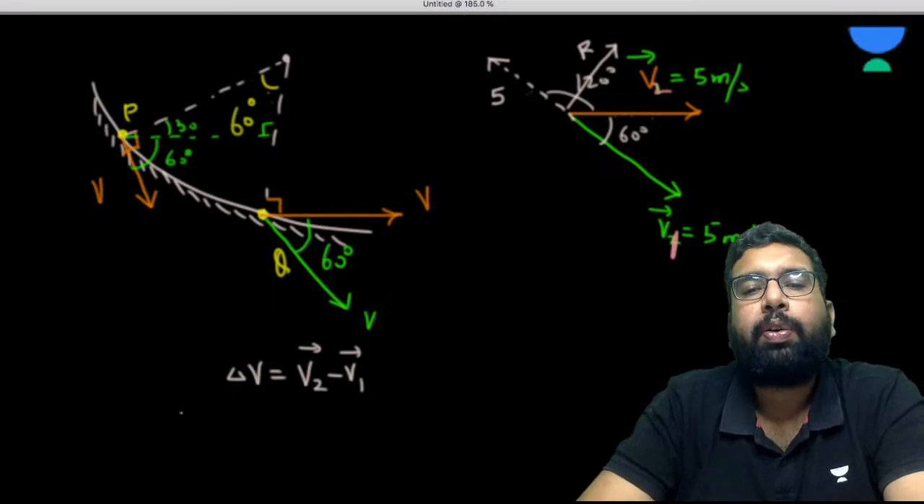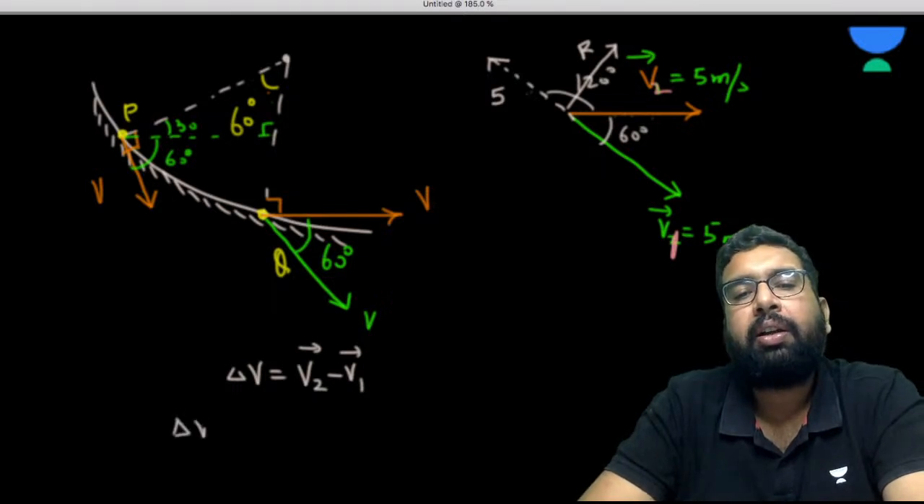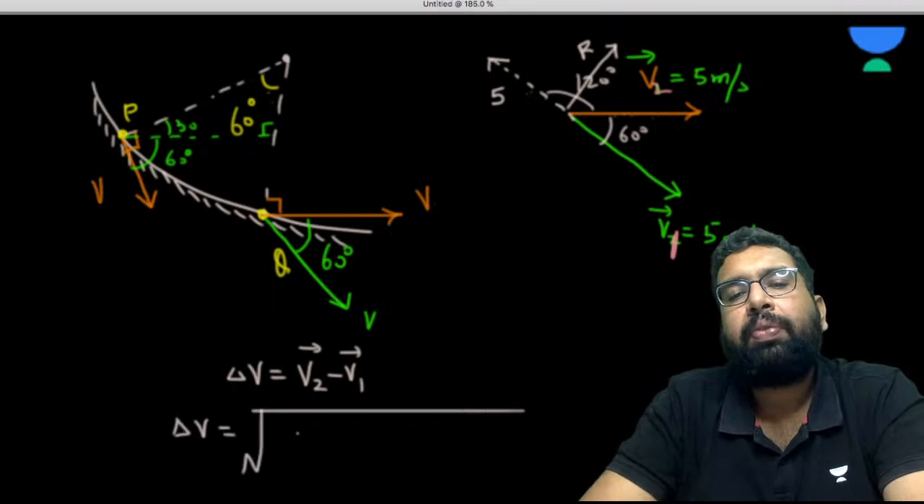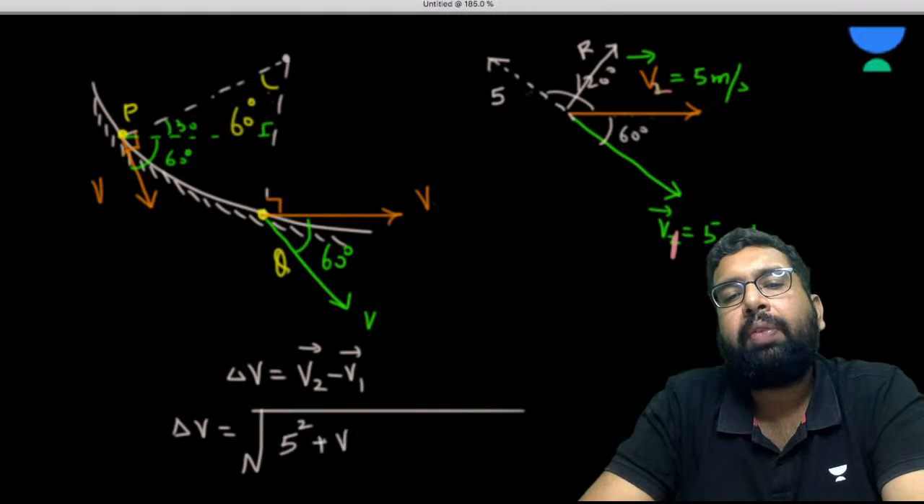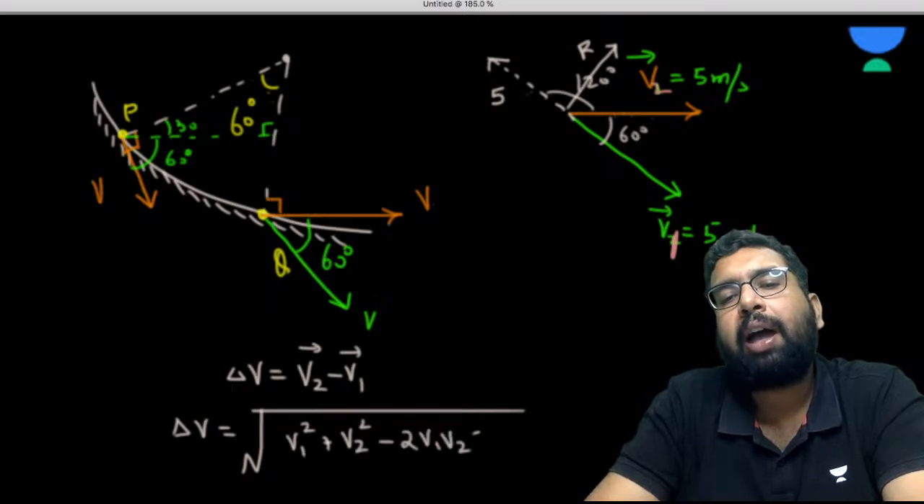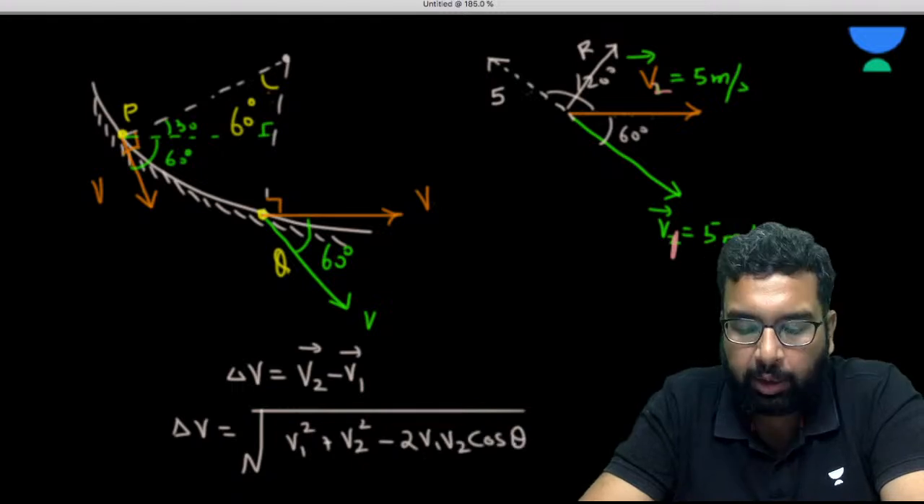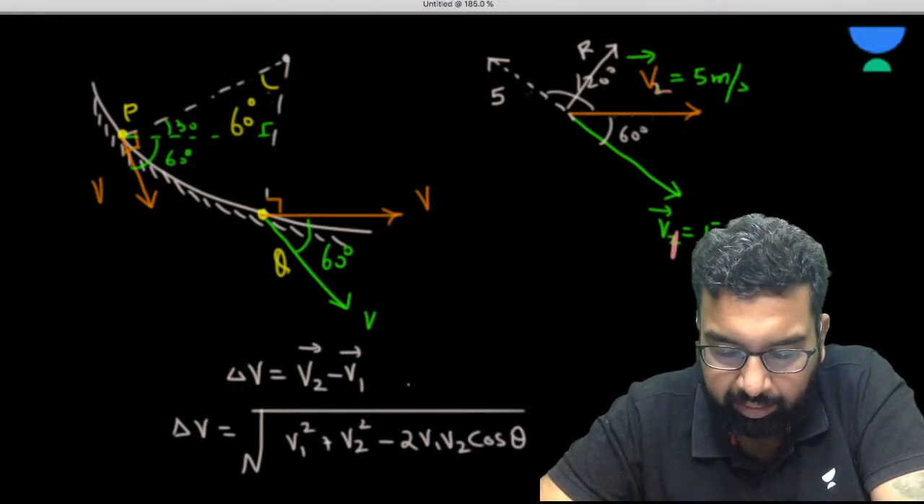Now, if we want to find this change in velocity, we can use the formula directly. Okay, what is the formula? The magnitude of v1 squared plus magnitude of v2 squared minus 2 v1 v2 cos theta. So here the theta is going to be,